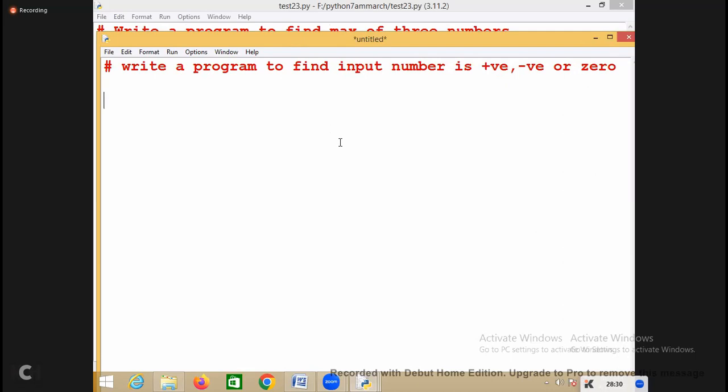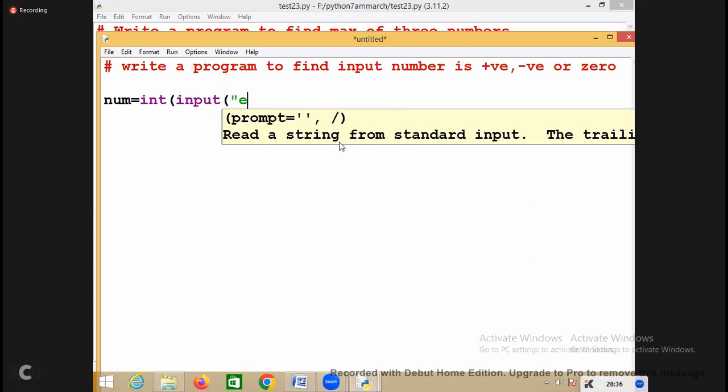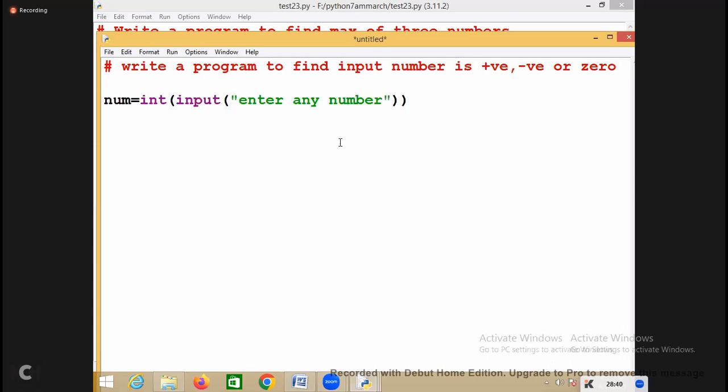Okay. For example, enter the number, integer of input, enter any number. So after reading the number, what you have to do? You have to verify whether the number is positive or negative or zero. So the result I'm assigning is positive when, if number